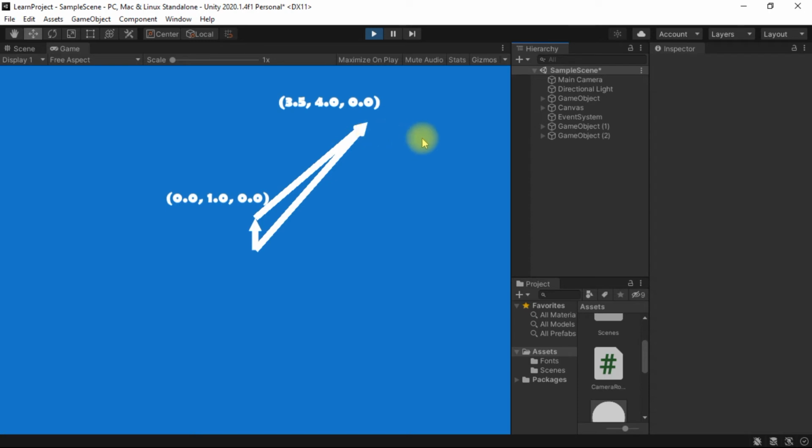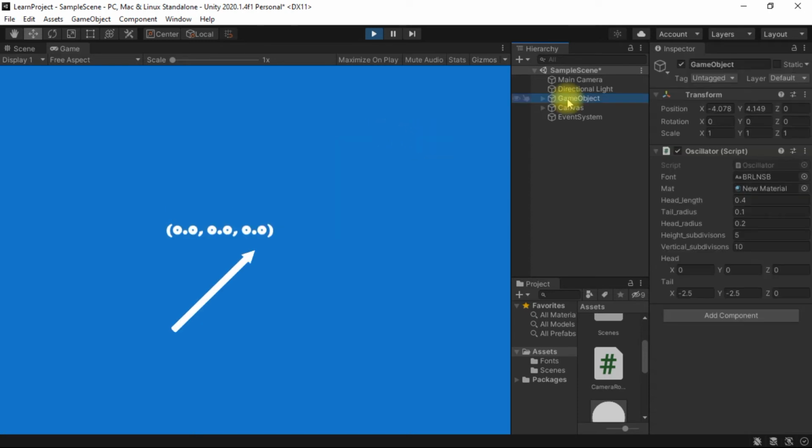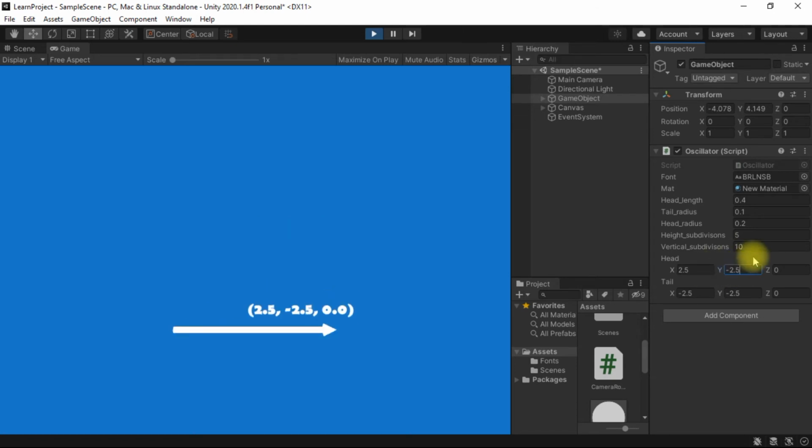So let's create that cube. How can we create this? First of all, I will show you how to create a quad, and then we will use that quad to create the cube. So let's create the quad. For the first vector, the tail x component would be negative 2.5 and the y would be minus 2.5, and the head would be at x 2.5 and the y component at minus 2.5, right? Now let's duplicate this vector, and I will copy the head position to the tail position.